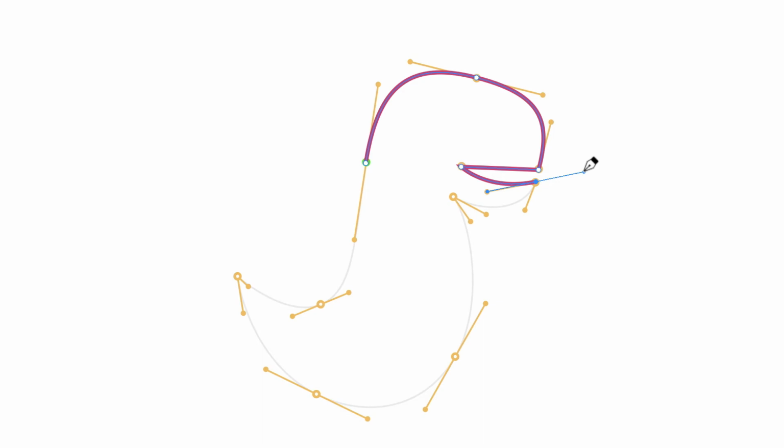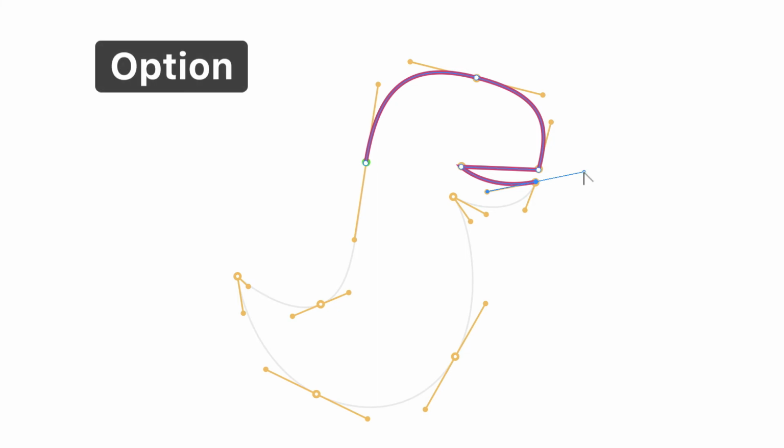To continue drawing, we need to learn how to split the direction lines and give a path an alternative direction. To do this, press and hold the Option key while drawing with the Pen tool. By doing this, you temporarily switch to the Convert Anchor Point tool, and as you can see, the cursor changes correspondingly. Now, if you pull one of the direction points, the symmetry between the direction lines will no longer exist, and we may give the path a new direction.